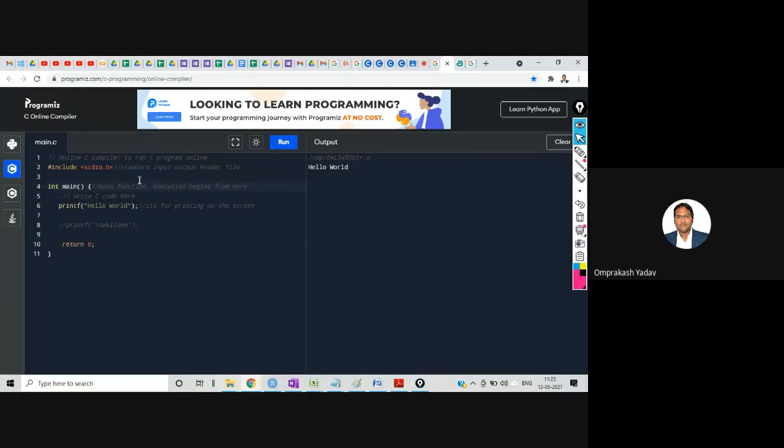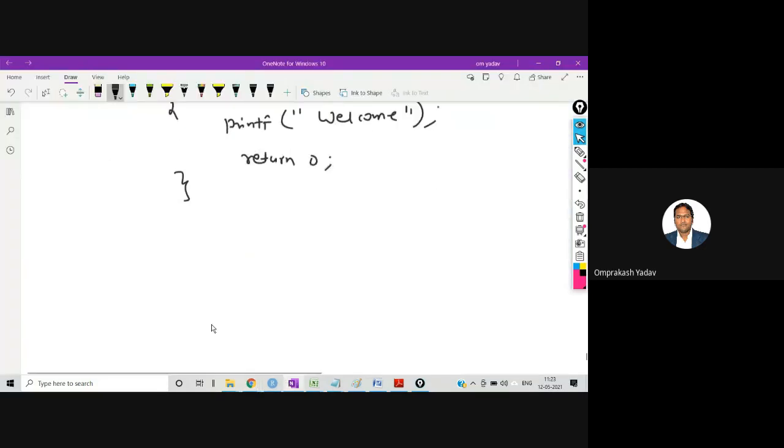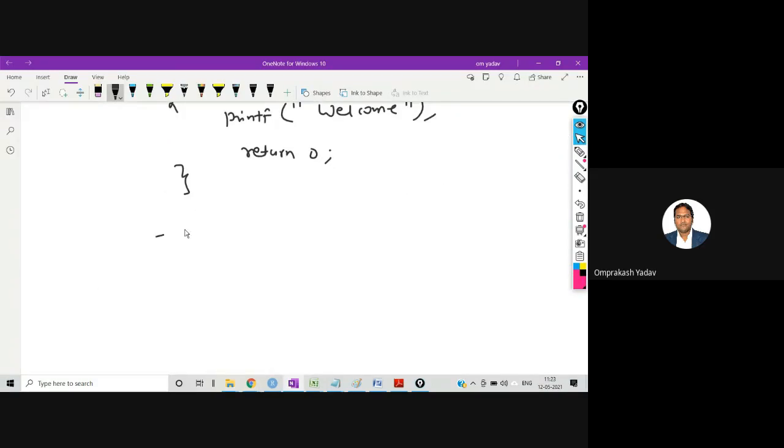Why are these comments very important? Just try to understand this. Now here only three lines of code are there, but once we go into the industry, you'll be writing 1,000 lines of code. Suppose as a programmer today I have written 1,000 lines of code and I have not written even a single comment.